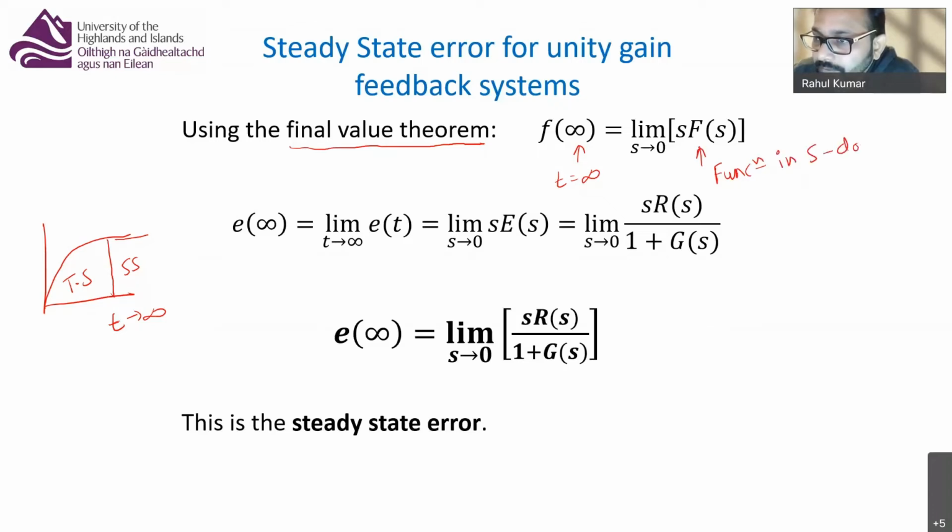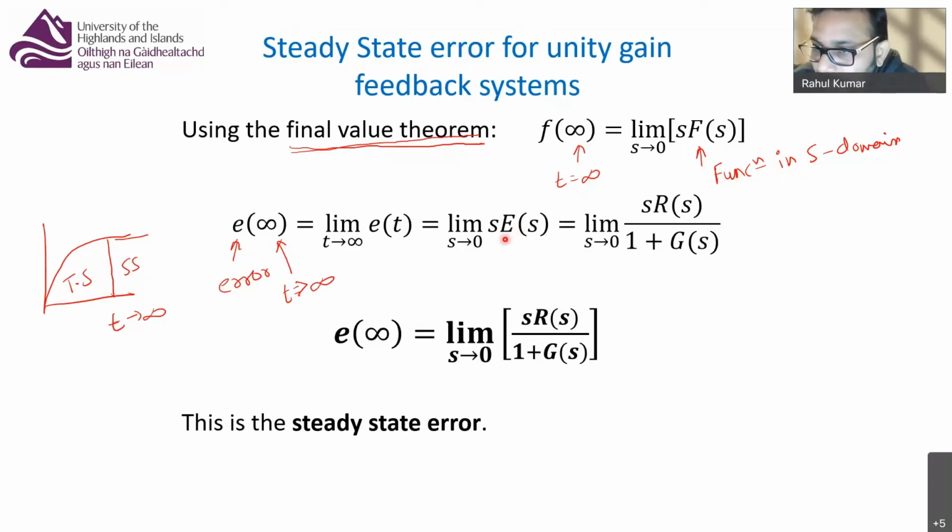Okay. So we have calculated the error in time domain. Now using final value theorem, I will find my error at t equals to infinite. So this is my error at t tending to infinite, some very large value of time. Using final value theorem, I have already calculated E of s.